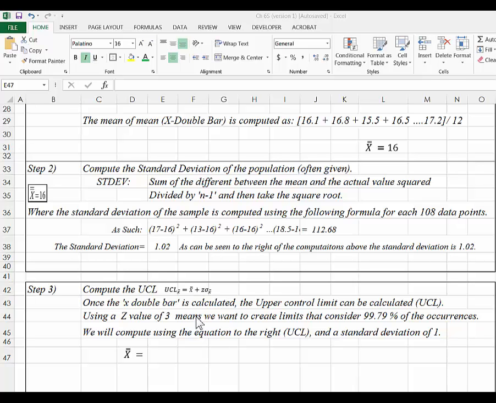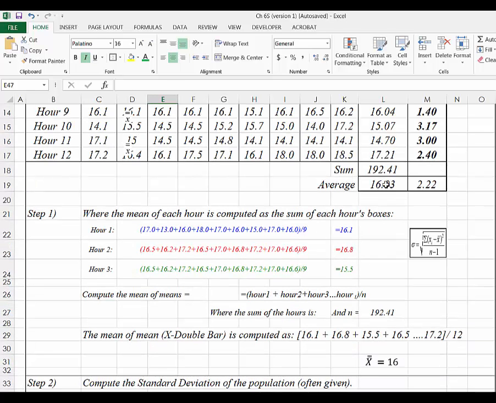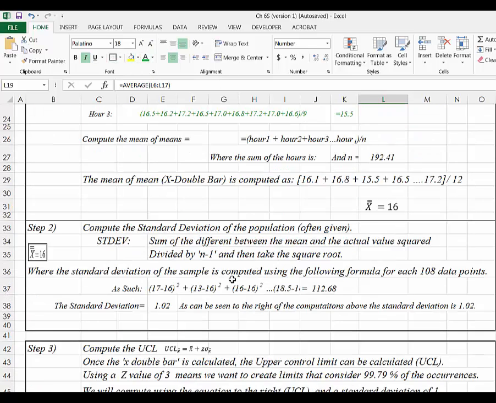But in this problem here, we need to use x double bar, we need to use z, and we need to use the standard deviation of x bar. So first, let me show you how to get the x double bar number. The x double bar number is going to be that average that we took from above. So right up here, we took this number. This is the same as x double bar. So I'm going to highlight that, and I'm going to bring it down here,